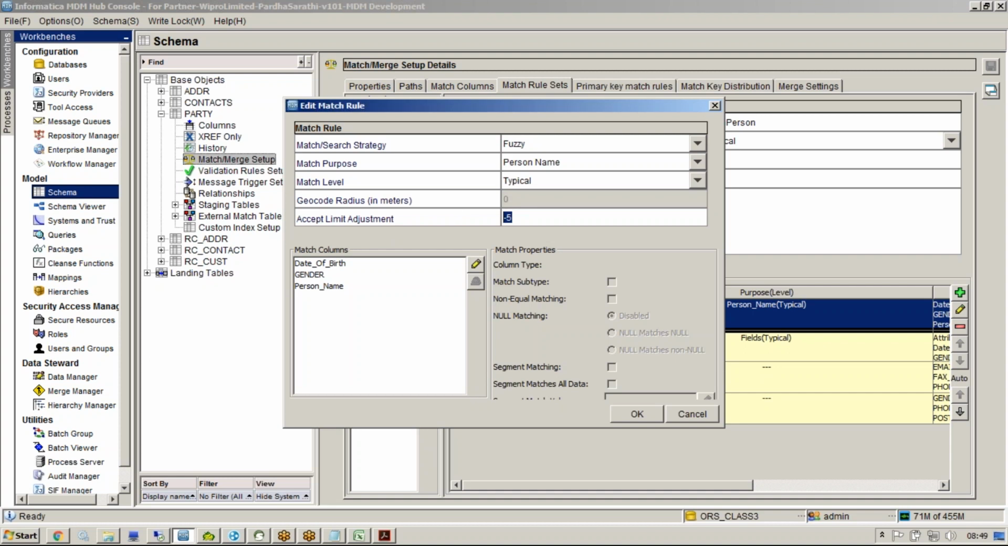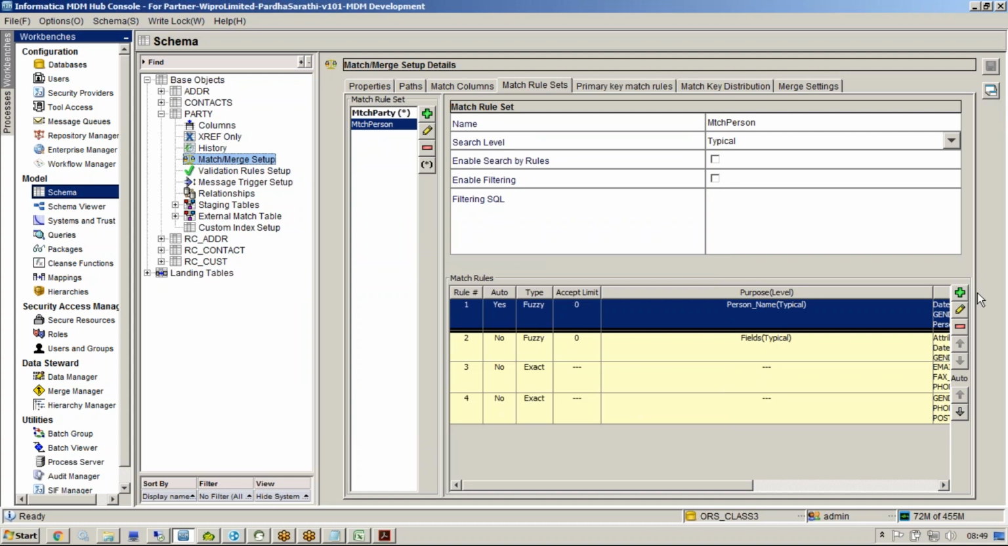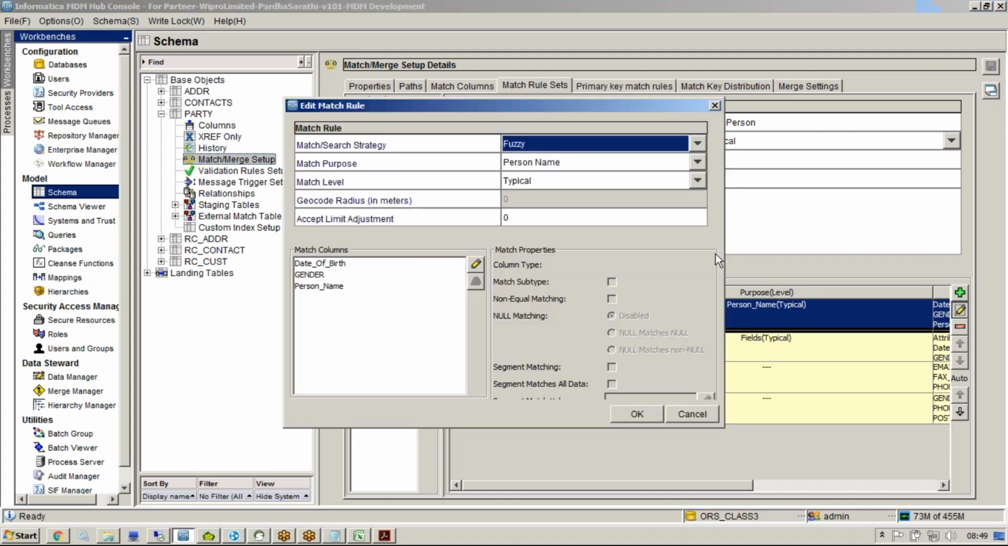Okay, so I'll give 0. Every time, you don't need to use it. If you feel that you need to change slightly, you can change that, right? And these options, like what is a match subtype? Let's say on gender I'll select match subtype, right? So what will happen now is,